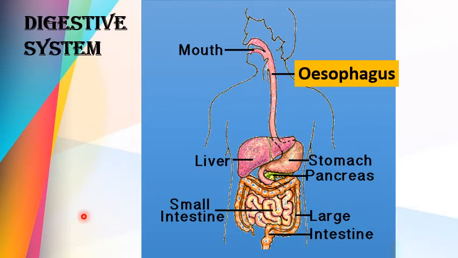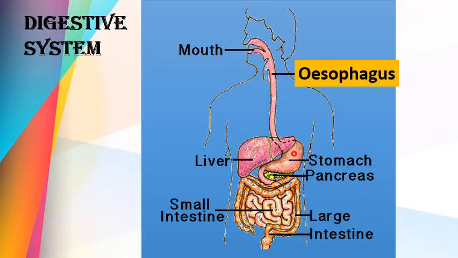Students, this is a digestive system. Now here we use our mouth to eat our food, isn't it? Here the teeth chew the food and make it soft. And here saliva mixes and a moist ball is prepared and it passes through the esophagus. It is a flexible duct. It passes through the esophagus and reaches the stomach.